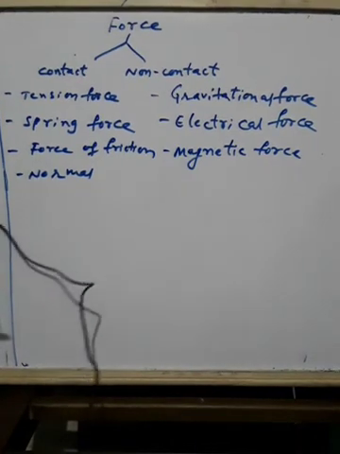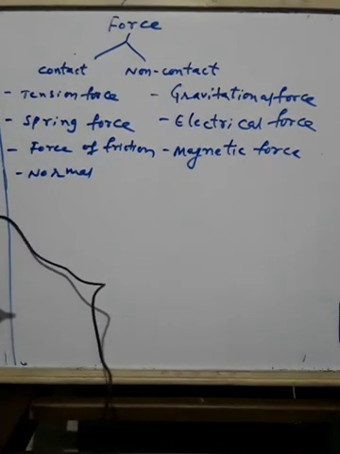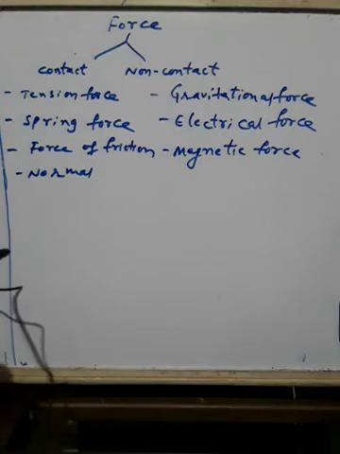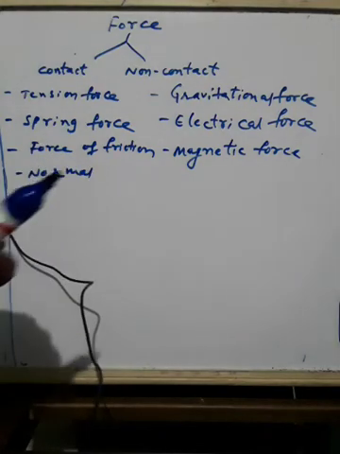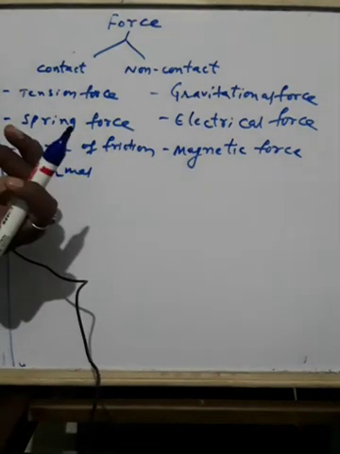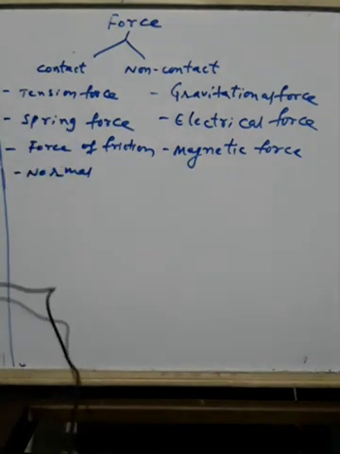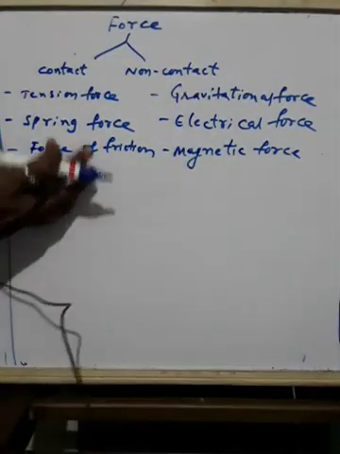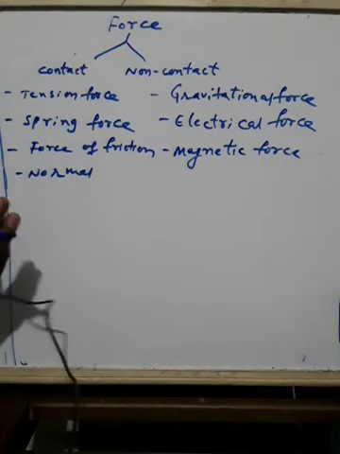The best example is a fruit falling down from a tree. Nobody will go and pull it. It falls on its own because of the gravitational force. Rain falling from the sky and a ball thrown up coming down are all due to the gravitational force. Okay, they are the examples.